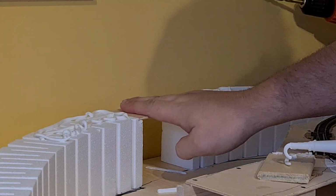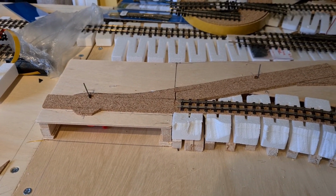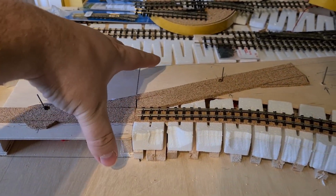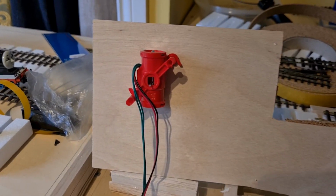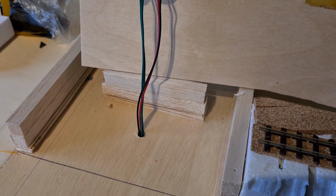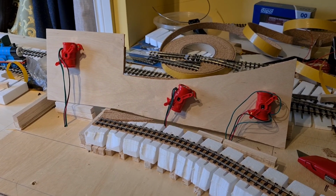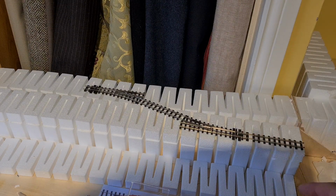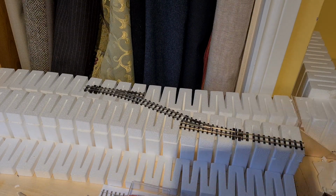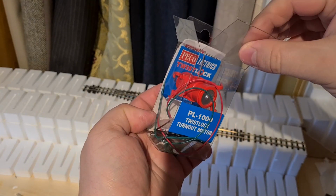Now, fitting point motors has always been something that's been a bit daunting, so much so the Buggleskelly Mark 1 and 2 never had any fitted. But with so many points on this layout, I decided to get them fitted, get it over and done with early on. And what I've decided to try is the new PECO TwistLock motors, which are designed to clip into place so they can be easily removed if needed. Well, on a conventional layout, mine's all raised above the baseboard, so they're all slotted under raised 3mm boards with the wires fed down under the main baseboard. They come with an easy guide to drill holes down to the top of the board, which eliminates the guesswork